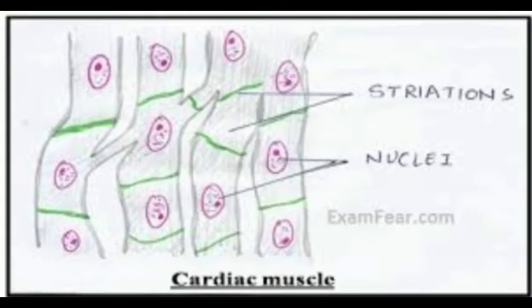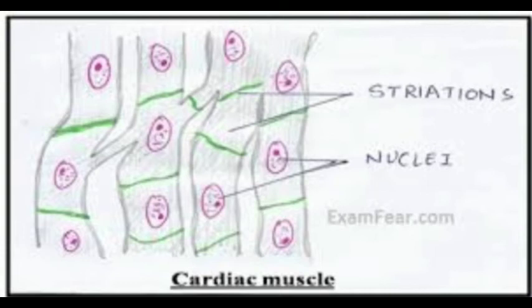Cardiac muscles are short, cylindrical, interconnected with oblique bridges. See, two strips of muscles are connected, that is, obliquely they are connected, so they are branched and ends are not tapered, and one or two nuclei are present in the center. It may be one or two. See, it is marked also, nuclei is present at the center.